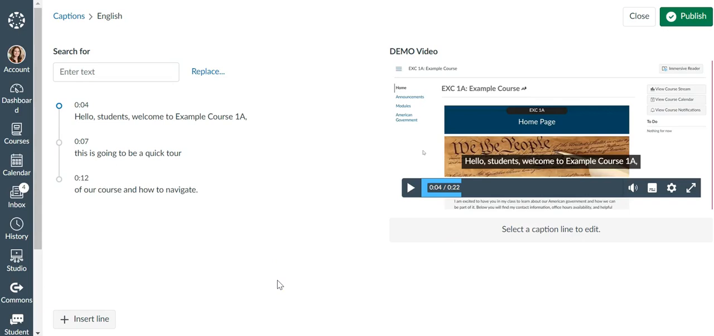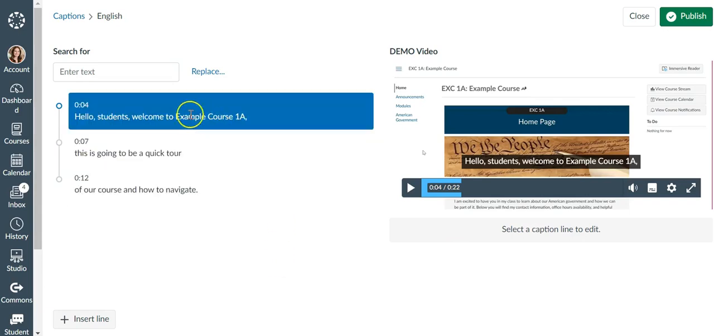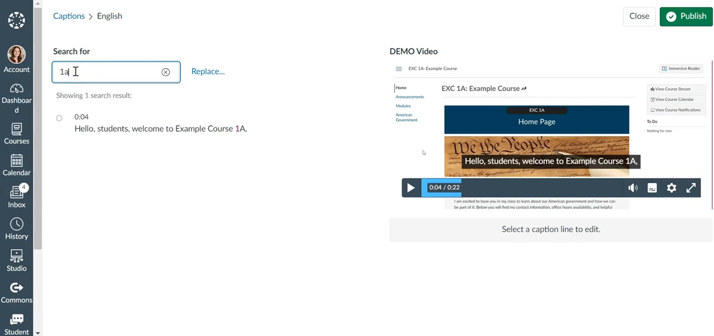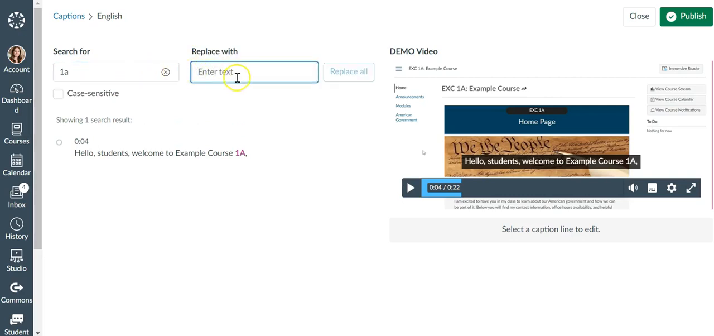One trick to note for common mistakes is the replace option. Imagine I continued to refer to my course and the course title was wrong consistently. I can actually enter text that I want replaced. If I type in 1A, Canvas will locate all instances of that particular search piece, and I can choose to replace that with